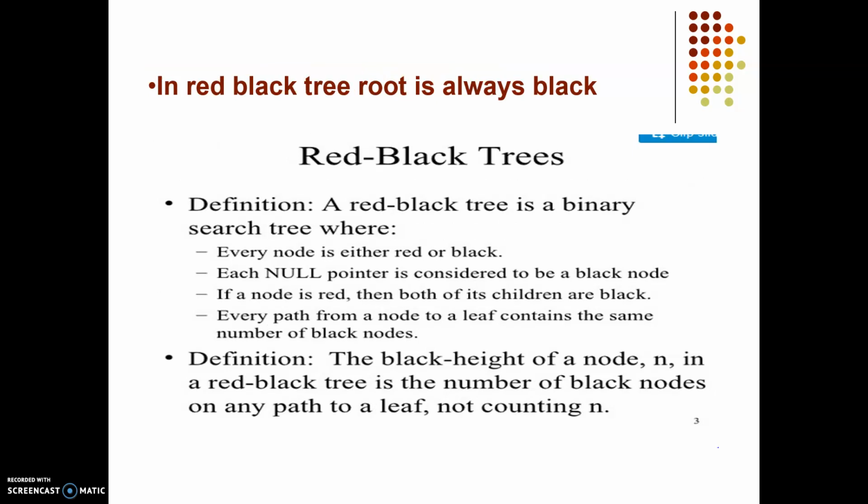So again, in a red black tree, the root will always be black in color. Every node will have either red or black color, whereas the root will always be black. We cannot have two adjacent red nodes, but we can have two adjacent black nodes. Every null node will be black in color. Every path will have an equal number of black nodes.